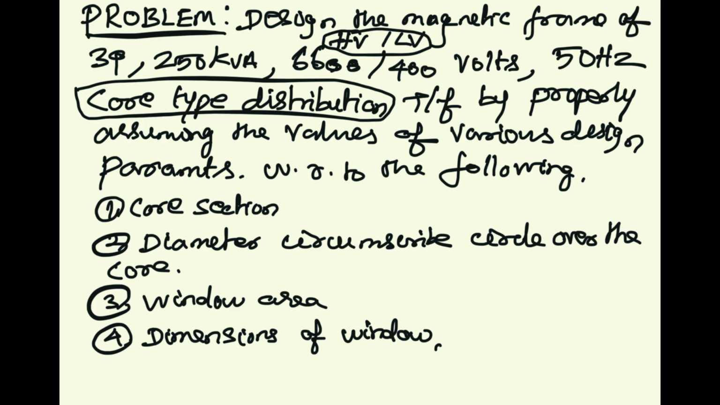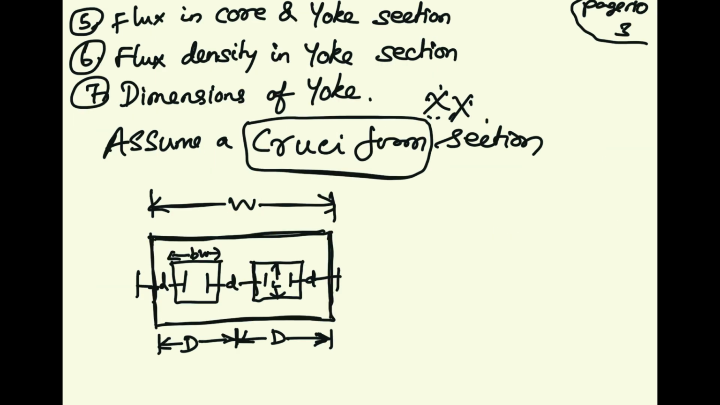properly assuming the values of various design parameters with respect to the following: first, core section; second, diameter of the circumscribed circle over the core; third, window area; fourth, dimensions of window; fifth, flux in core and yoke section; sixth, flux density in yoke section; seventh, dimensions of yoke. First assume a cruciform core section. Diagram shown: transformer diagram, that is window, core and yoke sections, where W is the overall length of yoke, D is diameter,